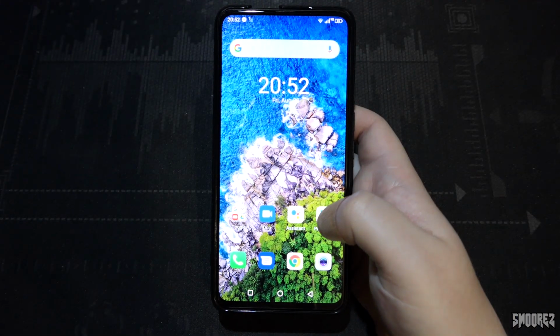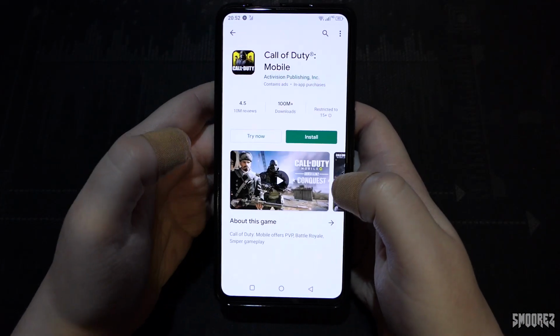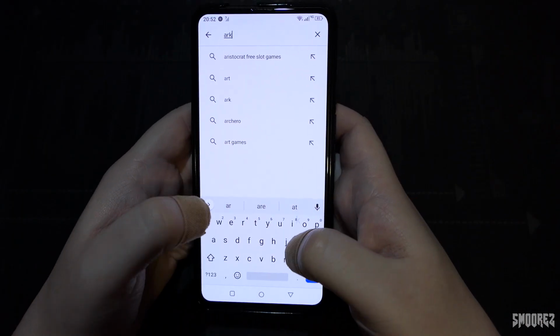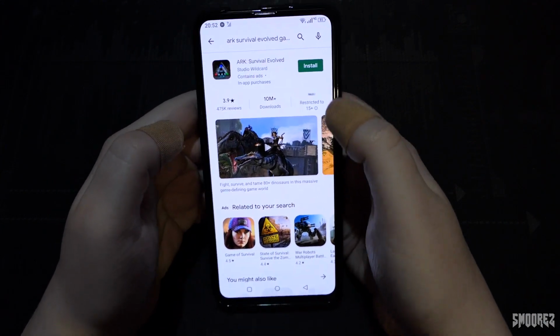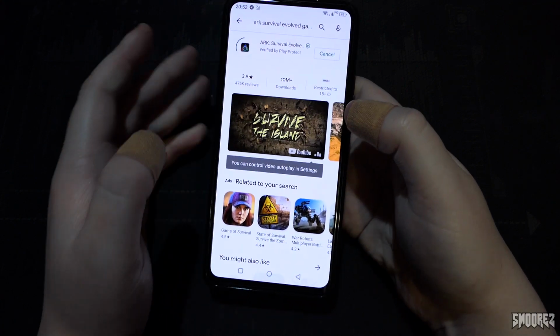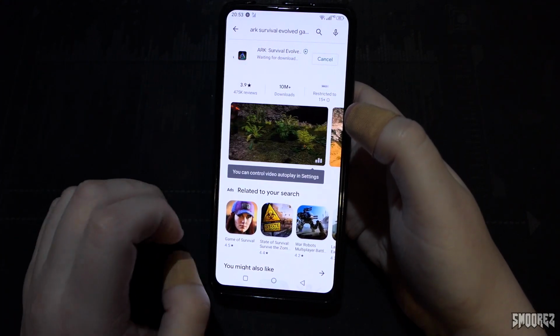So the next thing to do would be to do a gaming test. So the first game that I will want is Call of Duty Mobile. The next app I want to look for is Ark Survival Evolved, to see if we can actually play this, and we can. So this would be very interesting, because I know people have told me that it's very demanding, so this will actually be very interesting to see how this...